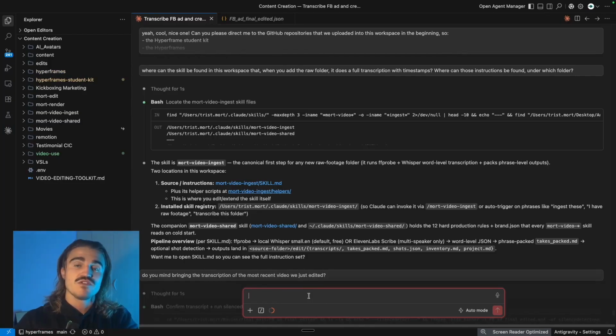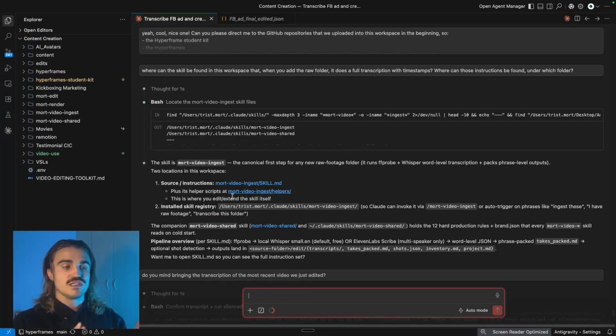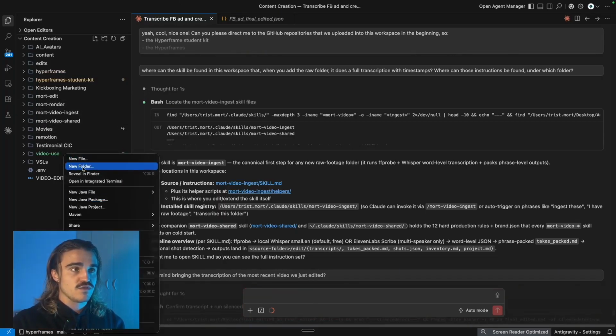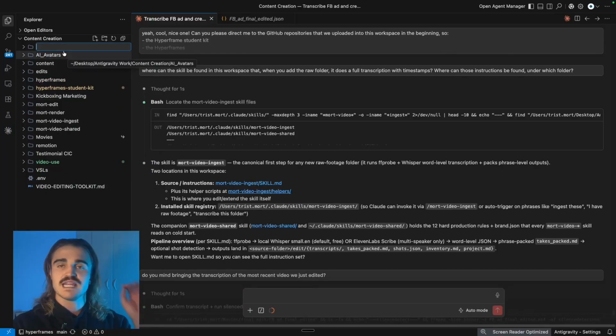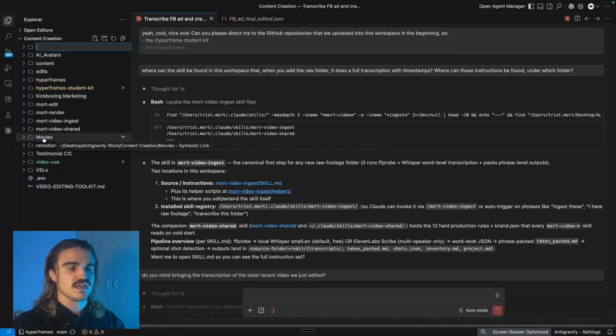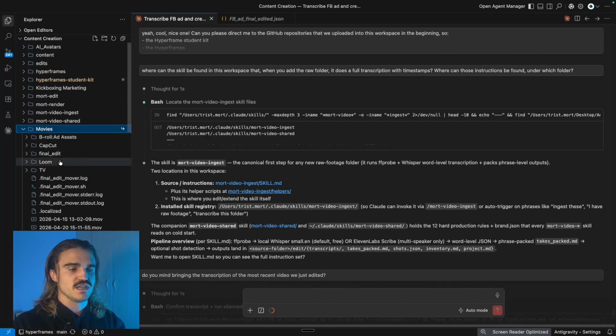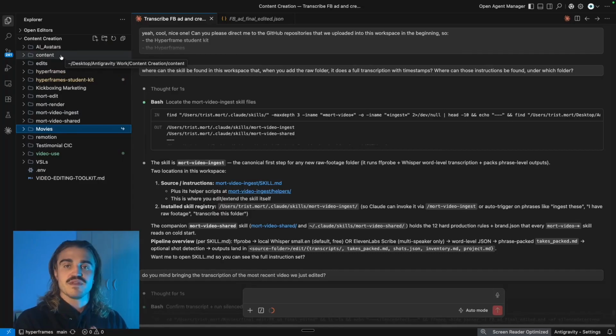Okay, so now I'm going to run you through exactly how I actually edited that video that you just saw earlier. And essentially what I did was upload that raw footage into this workspace, right? I made a folder for it just by going here, new folder, and then saying movies, and then adding that video under there. As you can see over here, that folder was found under movies here amongst the many other videos that I've created. Essentially what would happen there is you would tell Claude Code to reference that file and run it through skills in this workspace to start the process of editing it according to the GitHub repos.